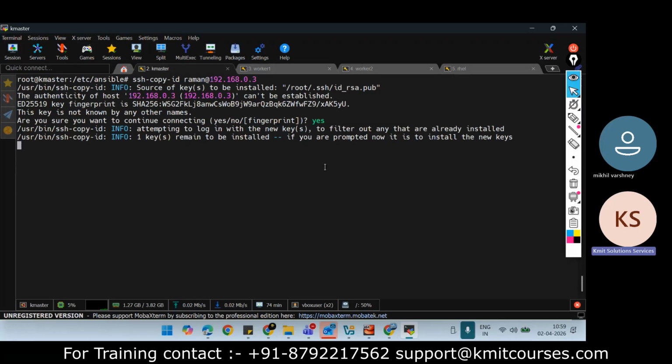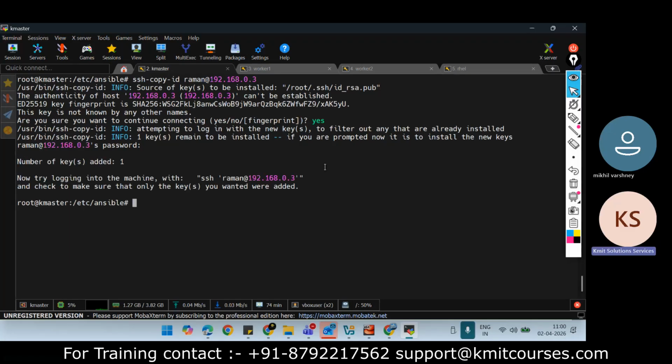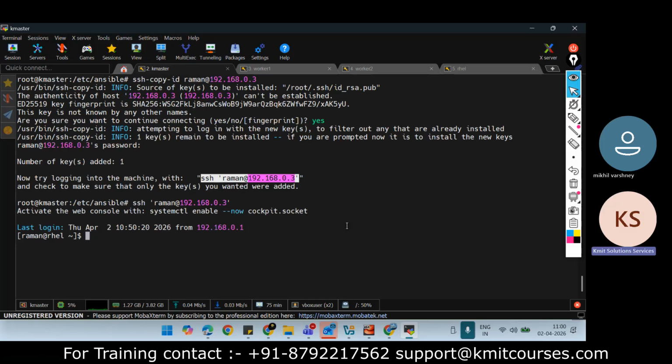The key is getting copied. Okay, password. Now the key is copied. Now I will run the ssh command, and I should be able to connect to my RHEL. Right, so I'm connected to my RHEL.